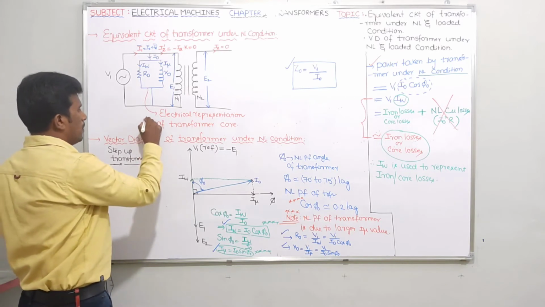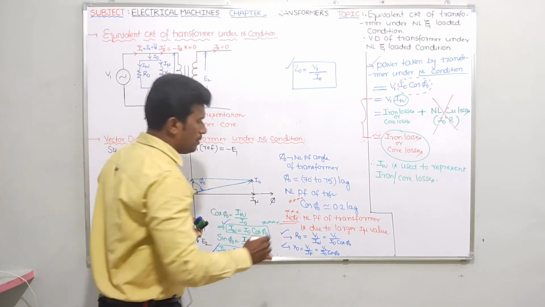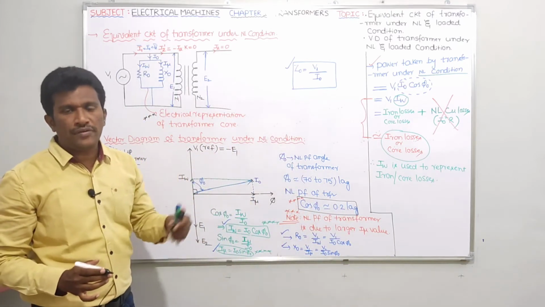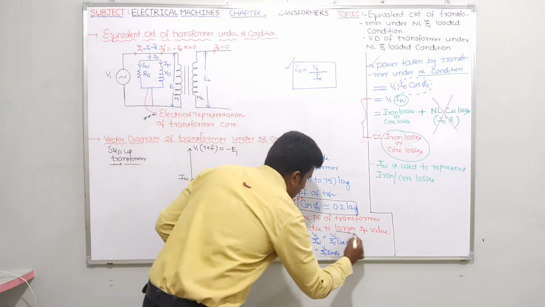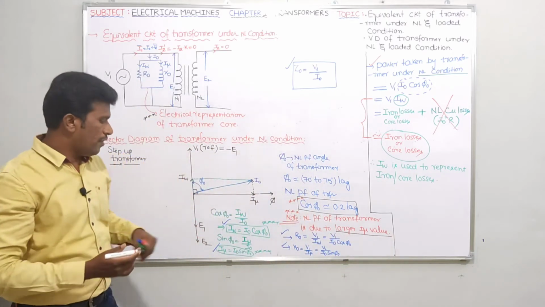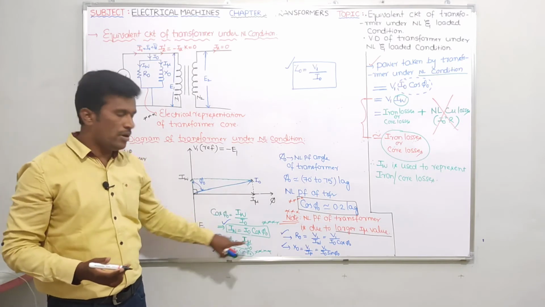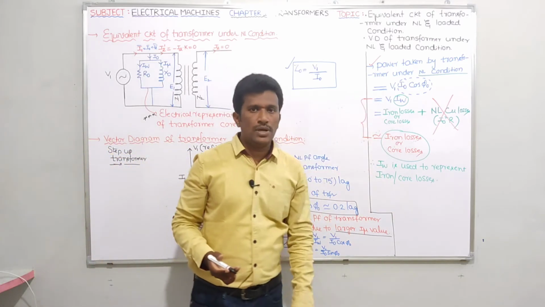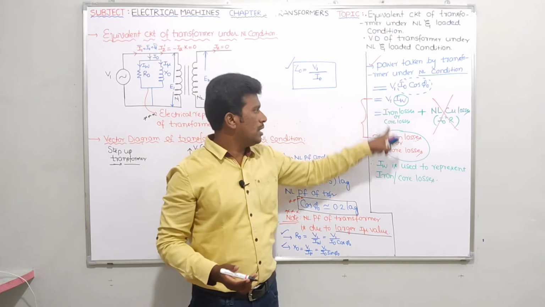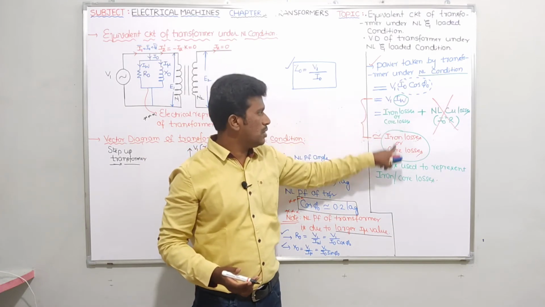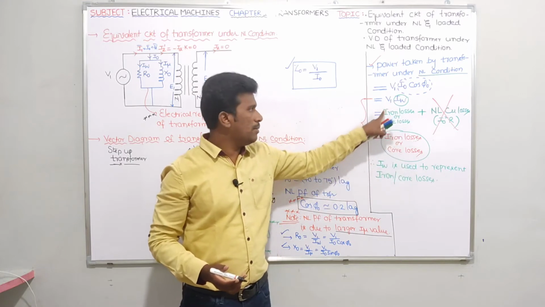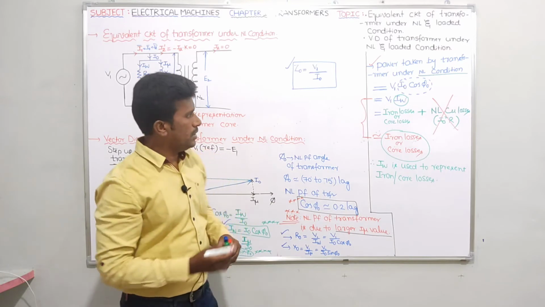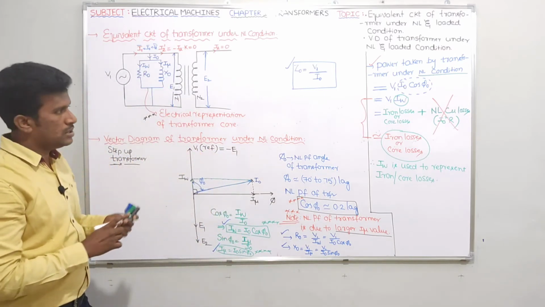Next, what is the no load power factor of transformer? It's around 0.2 lagging. Important. Why is the no load power factor of transformer less? Due to the larger value of I mu. The formula for IW is I naught cos phi naught, and the formula for I mu is I naught sin phi naught. Power taken by the transformer on no load condition is approximately equal to iron loss or core losses. If you compare these two equations, V1 IW and iron losses, IW is used to represent iron or core loss. So please, after this, just note down this one.